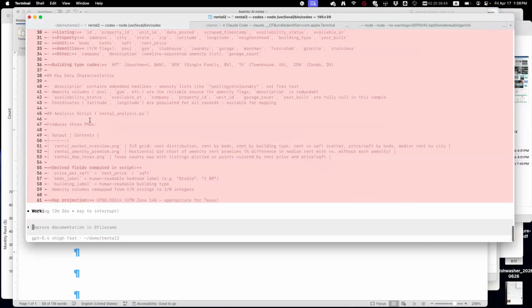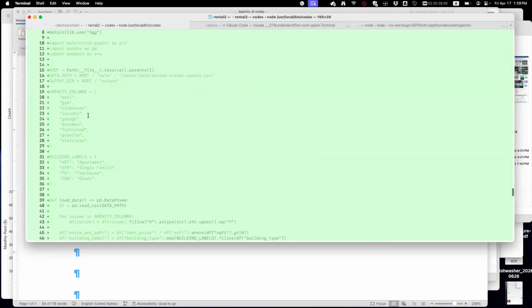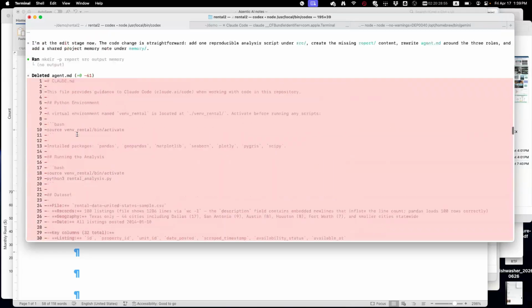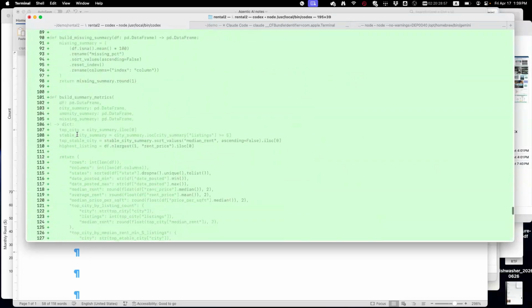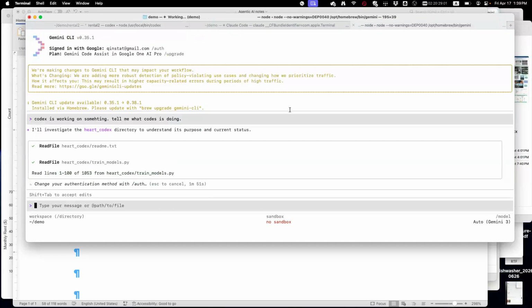I hope it's modifying it. Yes, it is modified. So the red means delete, green means it's added. So you delete a lot of things, but then add a lot of things.